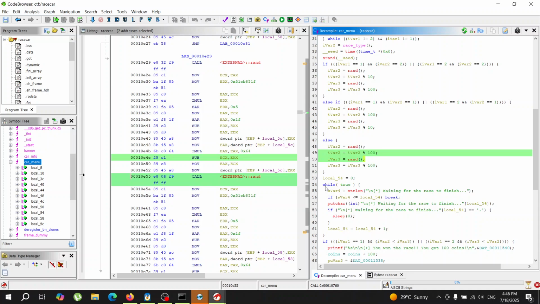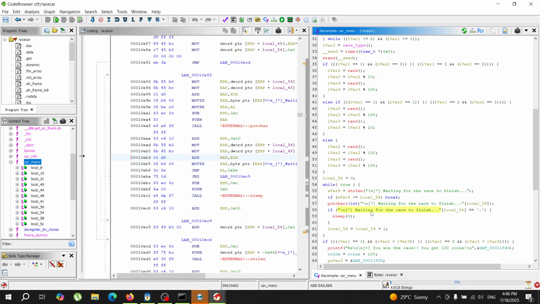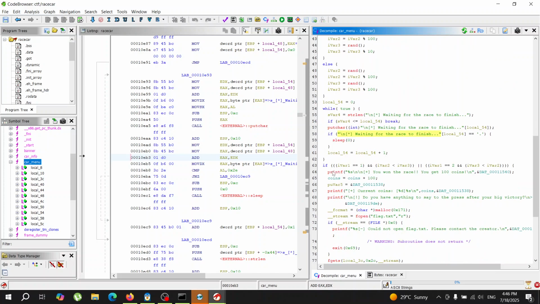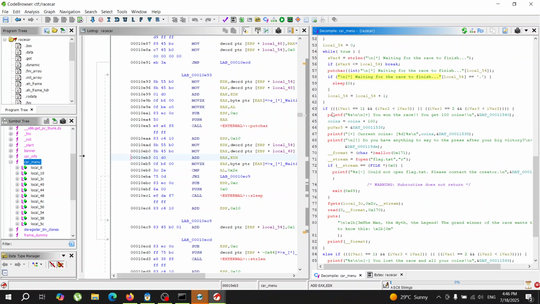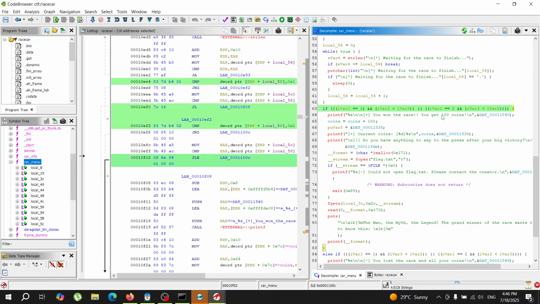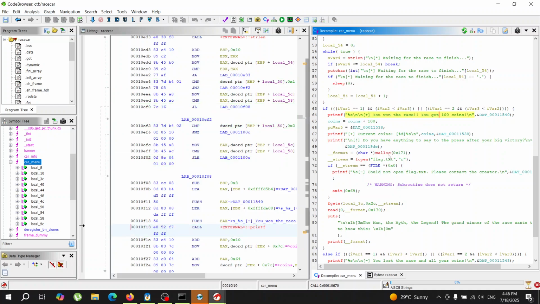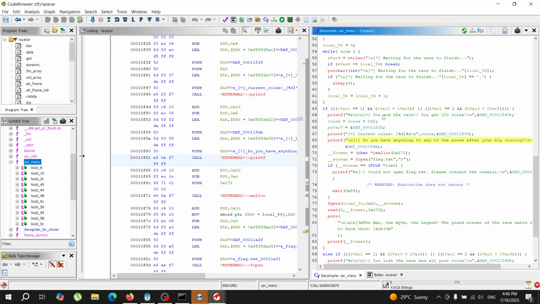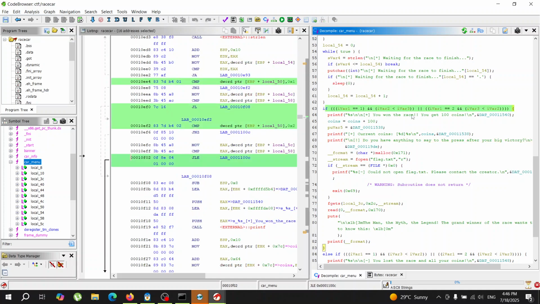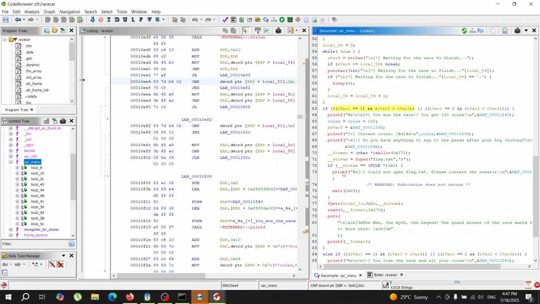And if you go here, while true, it says waiting for the race to finish. If this is lower than this, then it prints again. Okay, this is strange. We'll look down. So if this goes through, then we won the race. Okay, so we need to get here. And if we win the race, if we pass through this, then